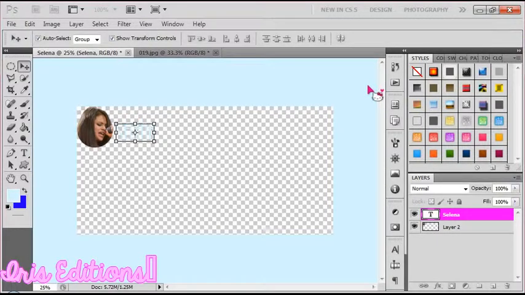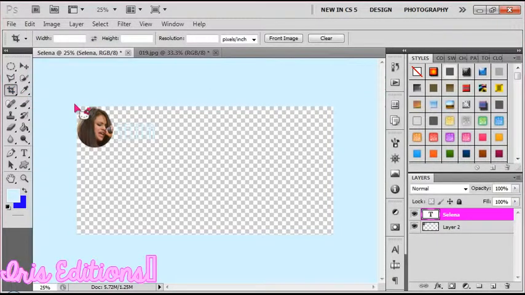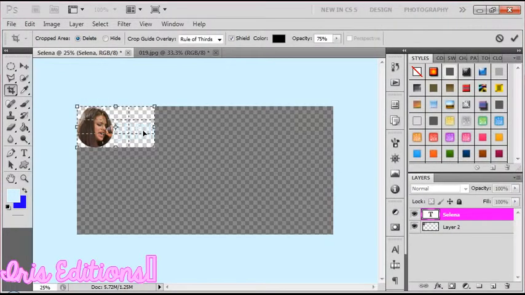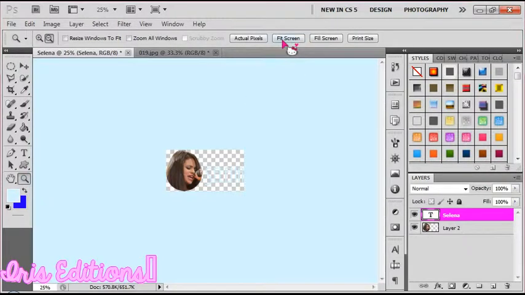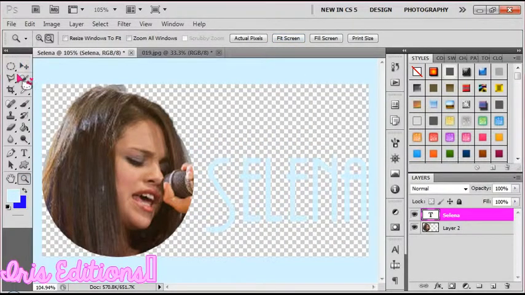Okay. Then crop it. If you can't see it, set it to screen. And that.